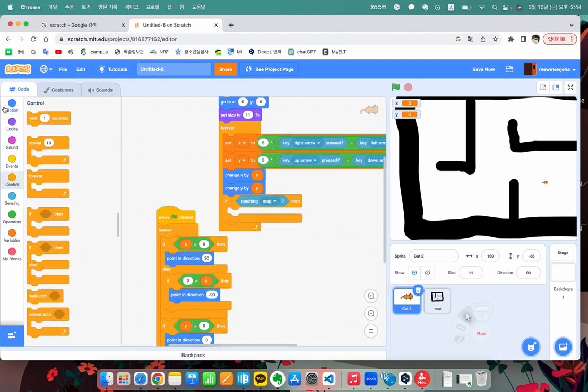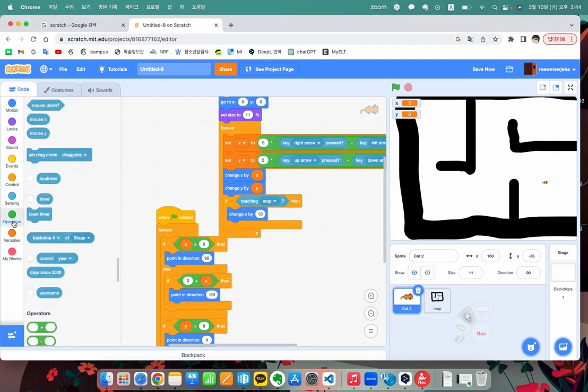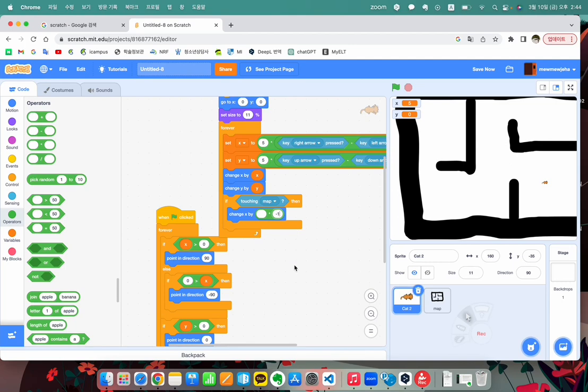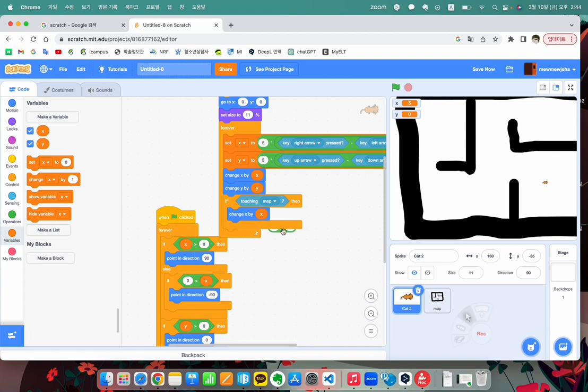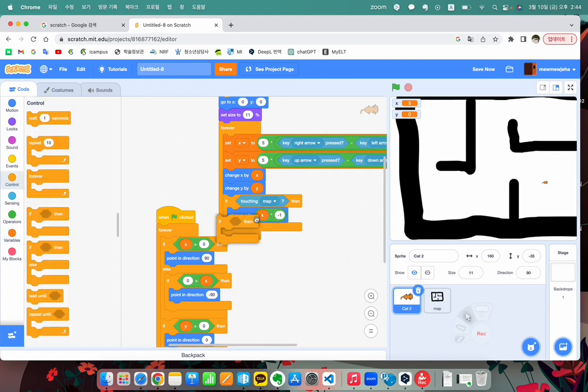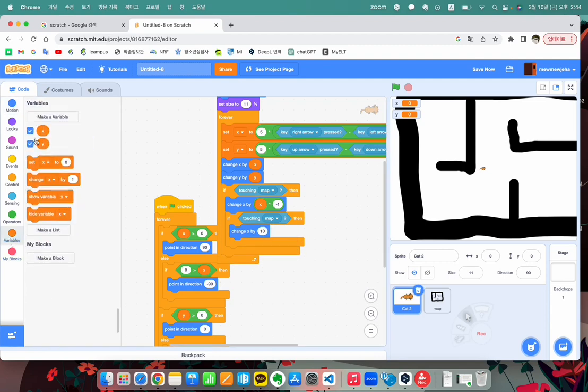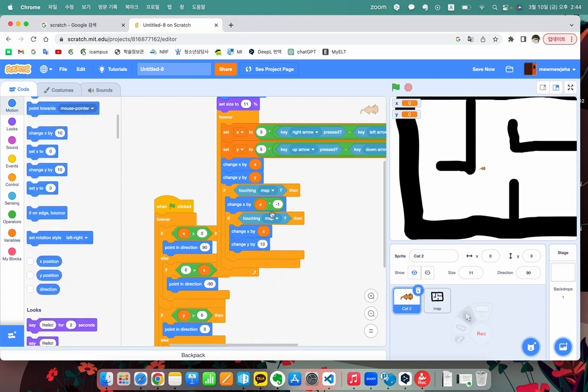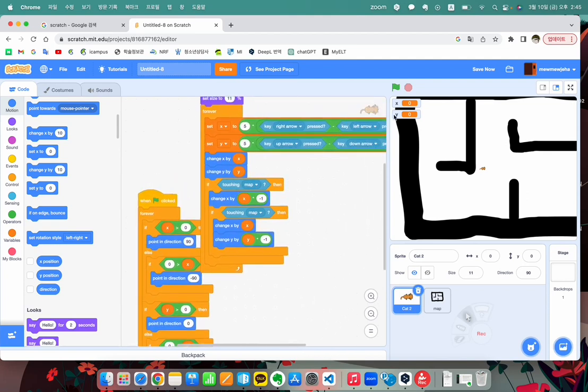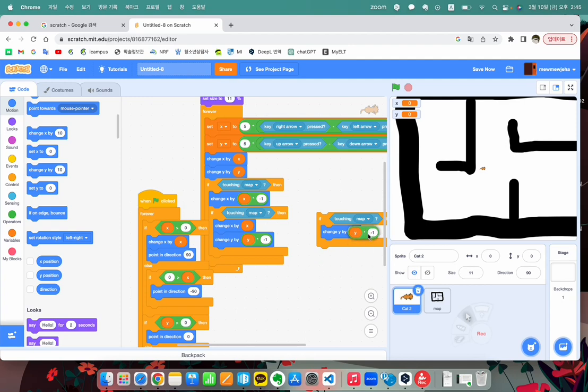I think if we do like, and if touching map, then change X by the opposite X, and change Y by the opposite Y, and if still touching map, then change X by